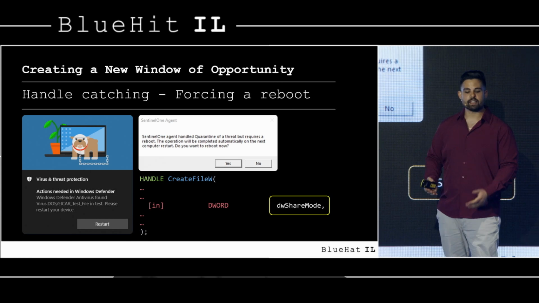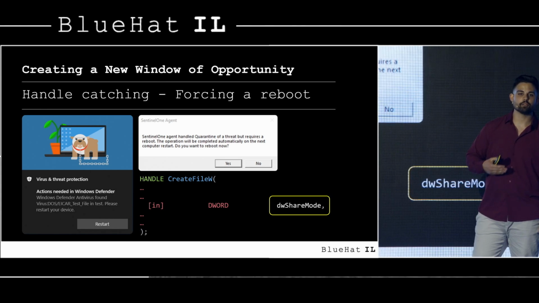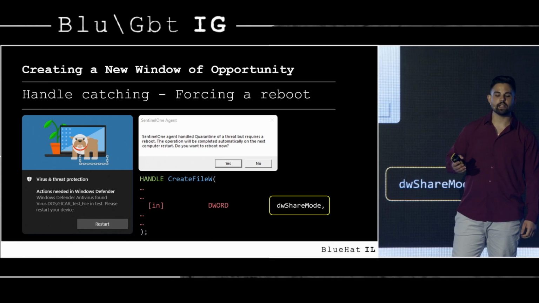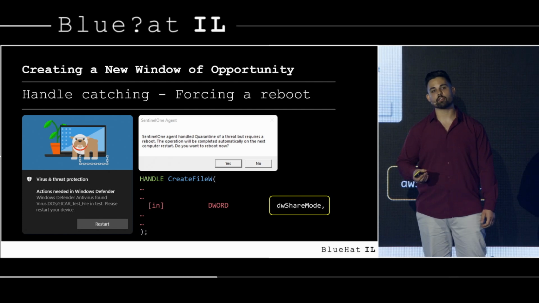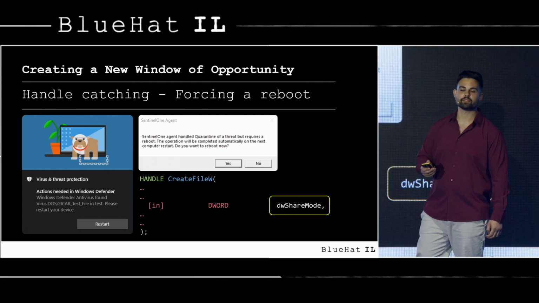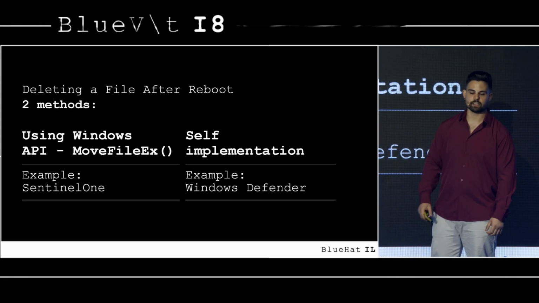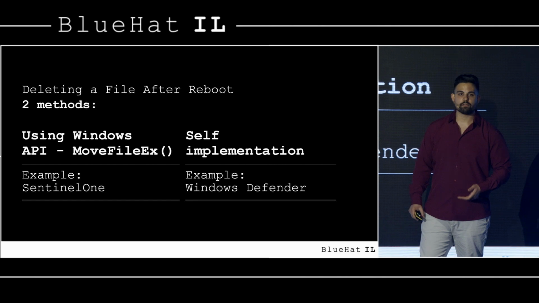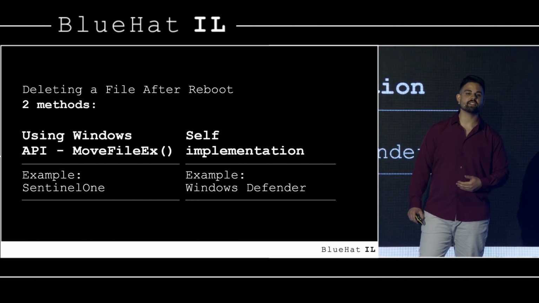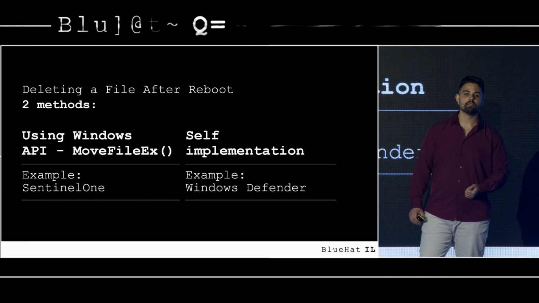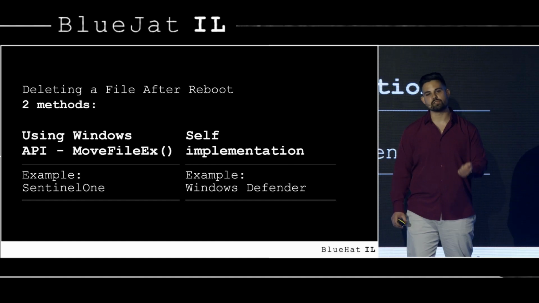Then what happened next is that these products started to bring up messages that tell me that I should reboot my computer in order to fully get rid of the threat. So let's see how they implemented it. The first group of products basically used a built-in API in Windows for postponing a file deletion to after the